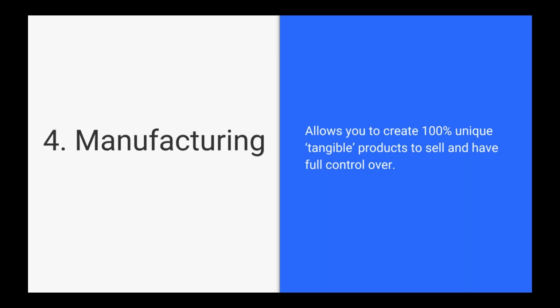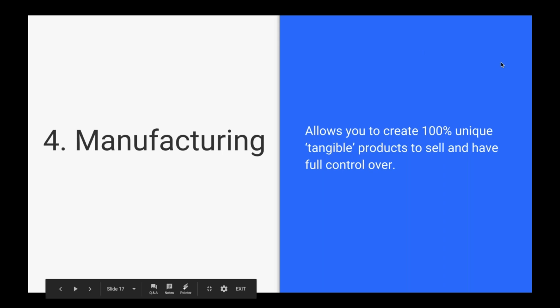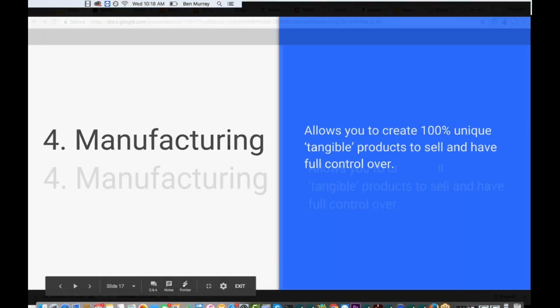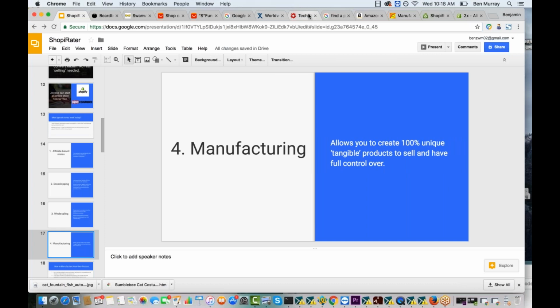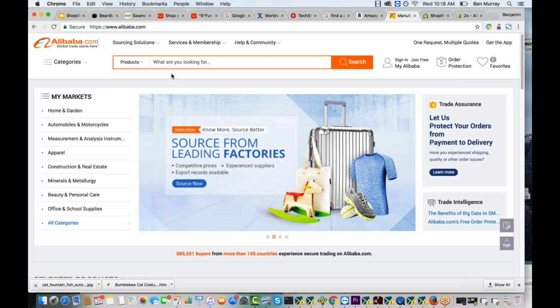What you can do is find an example of the fishing rod that matches your idea closely on Amazon. Then go to a site called Alibaba. Let me show you this one here. Here we go. You can go to a site called Alibaba and contact actual manufacturers there who can manufacture the